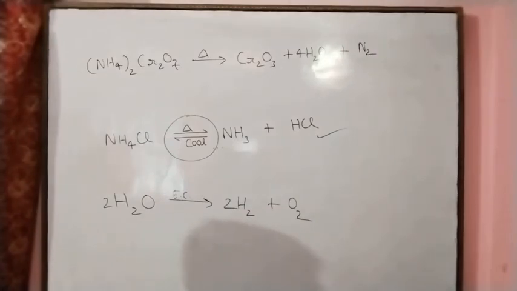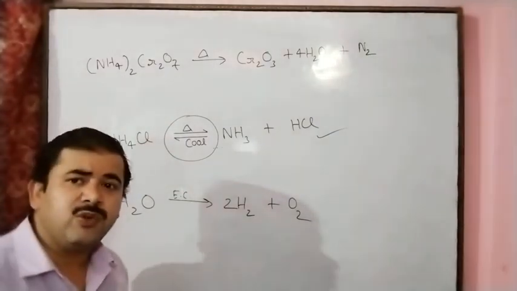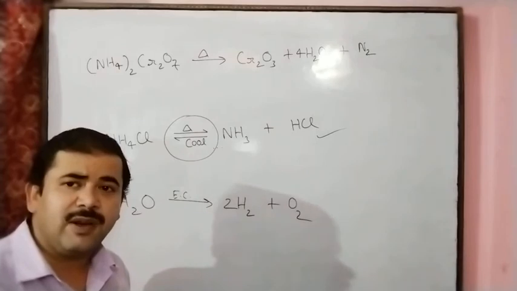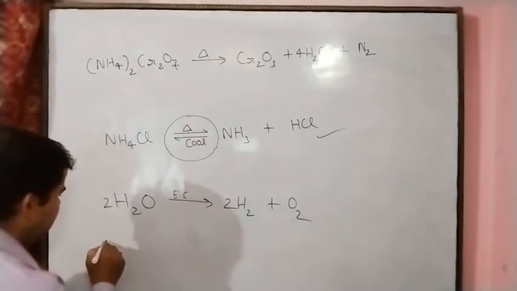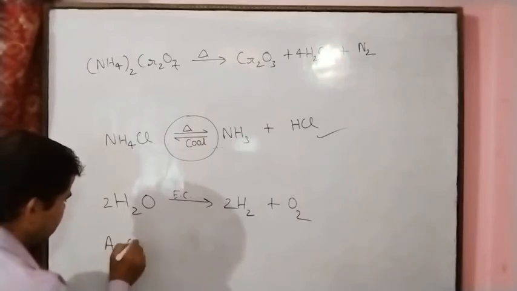And photochemical decomposition reaction means the reaction proceeds due to the absorption of light energy. Here we can take the example AgCl, silver chloride,